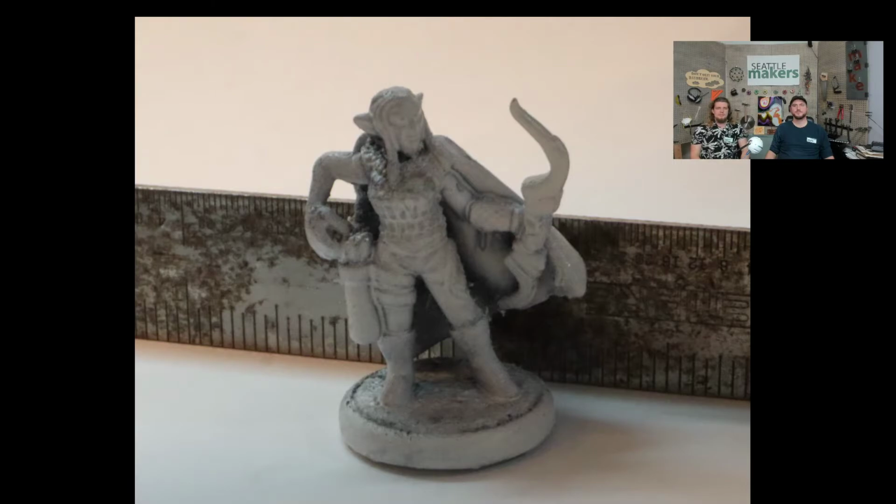Or so my geeky miniature friends tell me. I've never tried personally, but this was one of the things that a lot of people asked me about when I first got my 3D printer: hey, can I do minis on it? And it was like, well, you can, but that would be a lot of cornstarch if you tried to do that as a dissolvable guy, and a lot of dialing in, versus